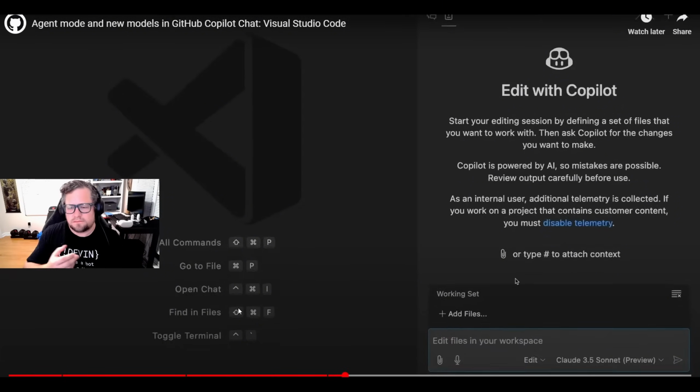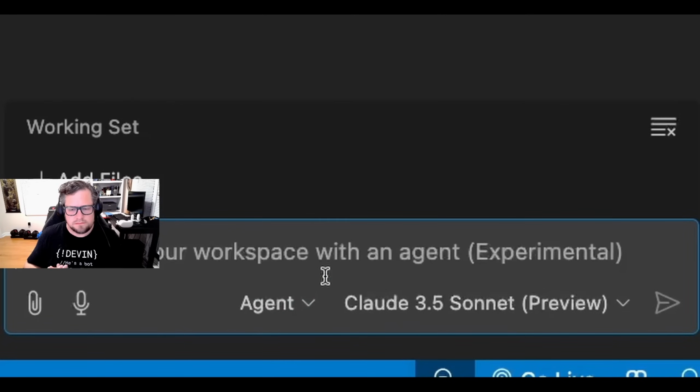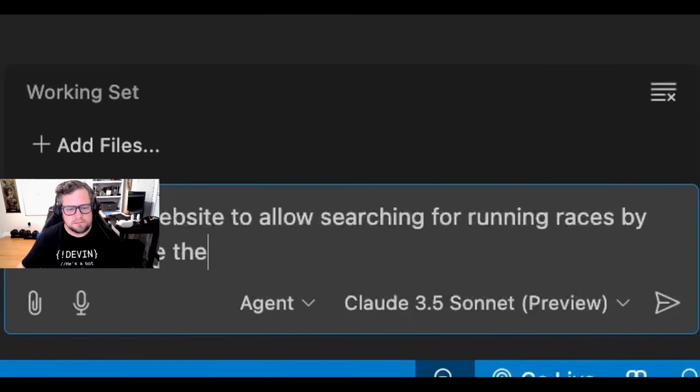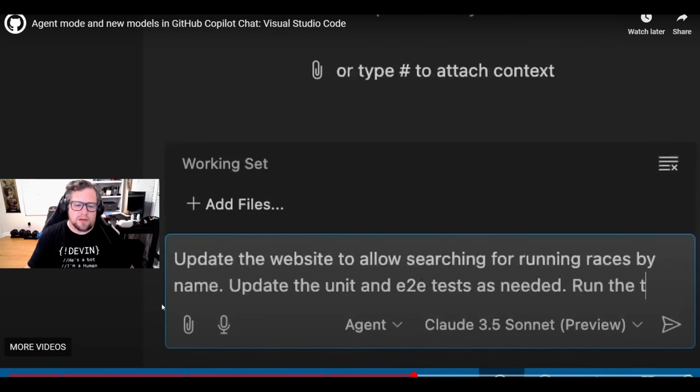Task. Our Runner Tracks website has a page listing races, and we want the ability to search for a race by name. This is going to require changes to a number of files in our project: services, server-side code, UI, and tests. Copilot now supports agent mode, allowing it to